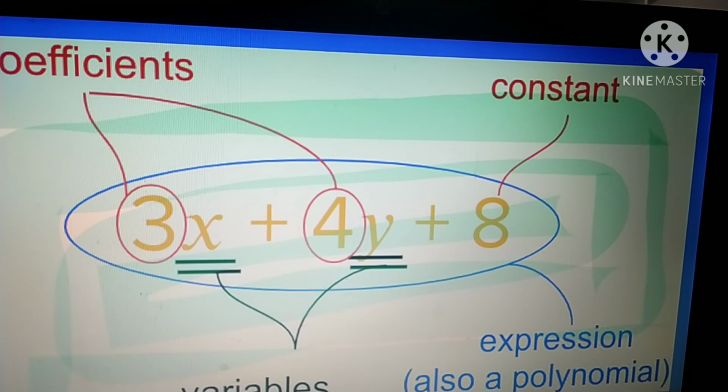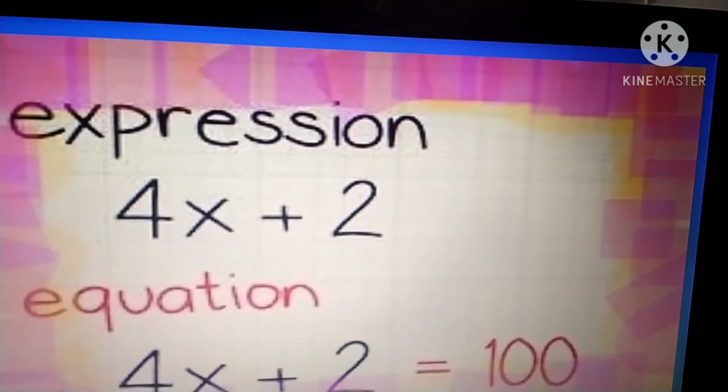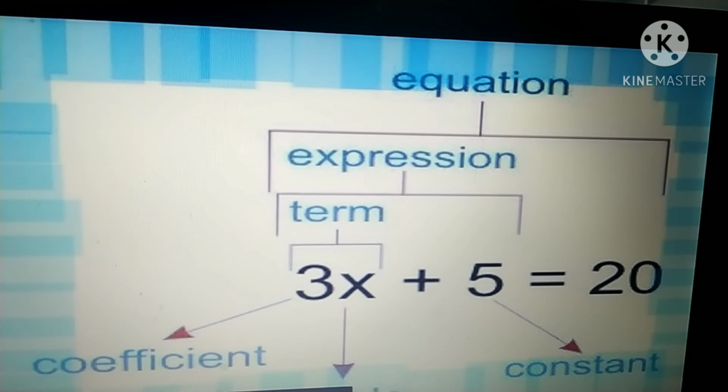While doing some more examples, you can understand coefficients, constants and variables very easily. Okay, now see another example I am giving here: 3x plus 5 equal to 20. See this one? Here 3 is the coefficient of x, and x is the coefficient of 3. This 3x will become one term, 5 is a term, 20 is a term. Now we see constants. 5 is a constant, 20 is also a constant. The values of these will not change here.